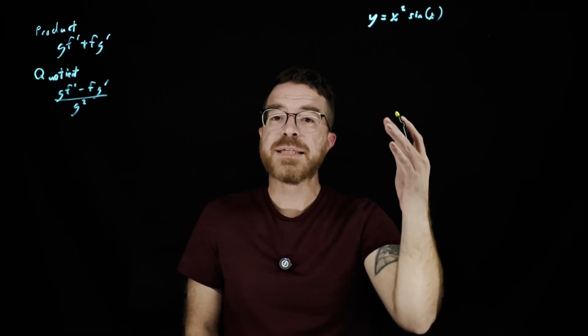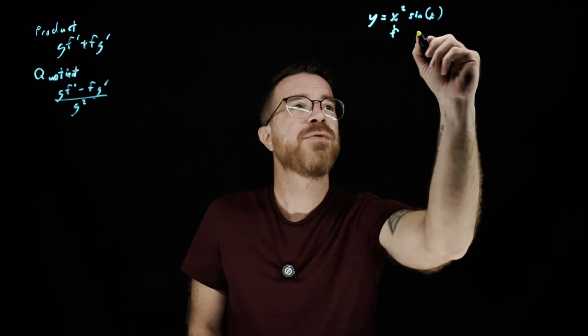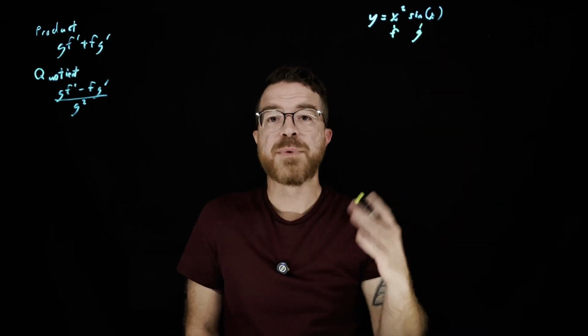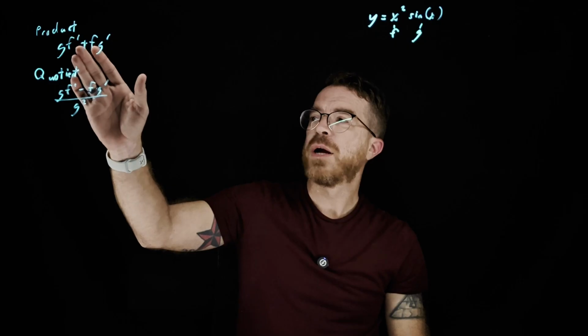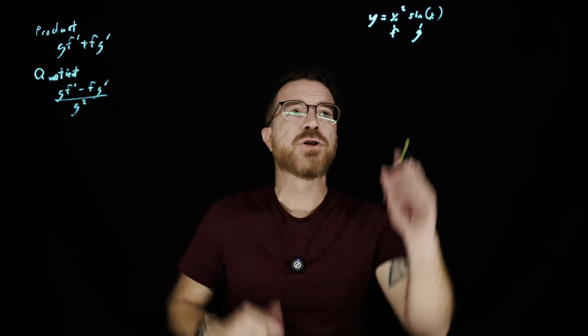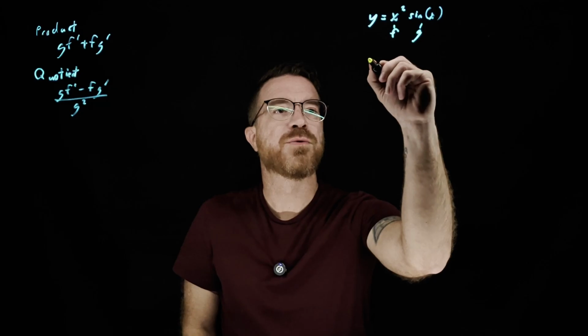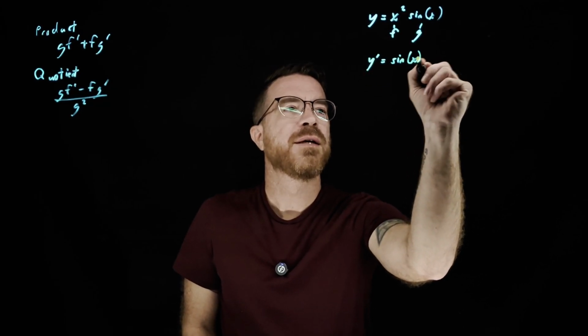So if you look at this, this is going to be our product rule, right? This x squared is going to be our f, and this sine of x is going to be our g. So looking at our product rule, we have g f prime plus f g prime. So for the first one, we're going to leave our g alone. That's our sine of x. So the derivative of this, y prime, is going to be sine of x times